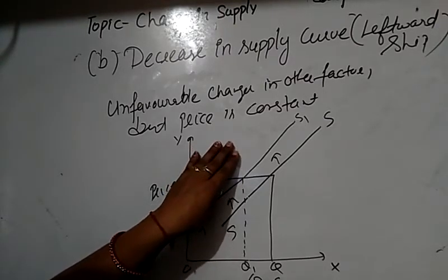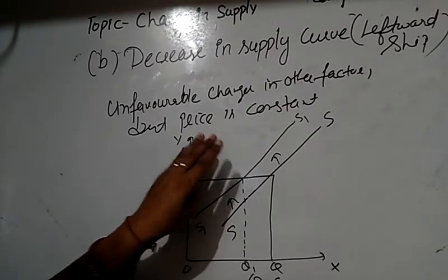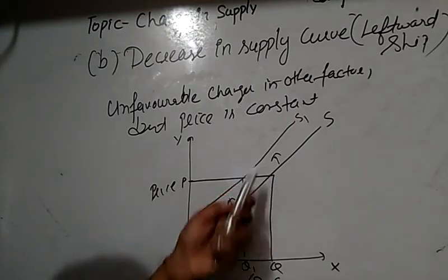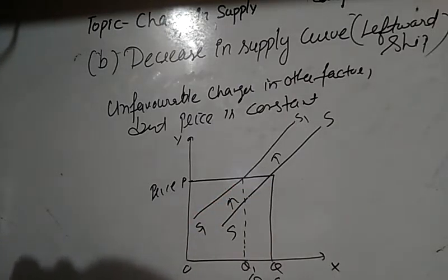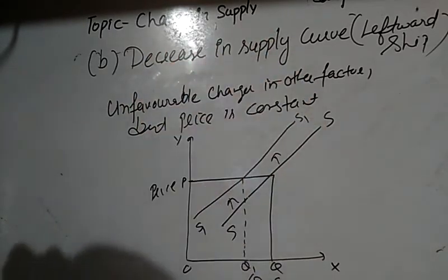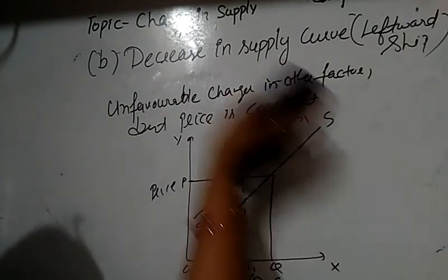Students, why is supply decreased? Maybe the supply of this firm decreases because they are using the oldest technology to produce goods, or their product price is increased. Other reasons are an increase in the price of factors of production, unfavorable taxation, other policies, and a decrease in the number of firms. So these are the reasons that a decrease in supply occurs.